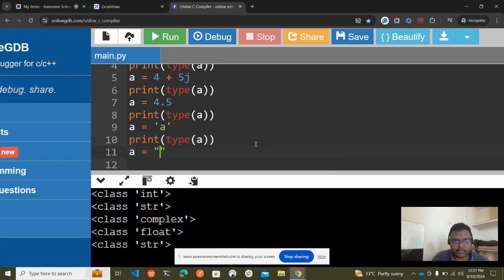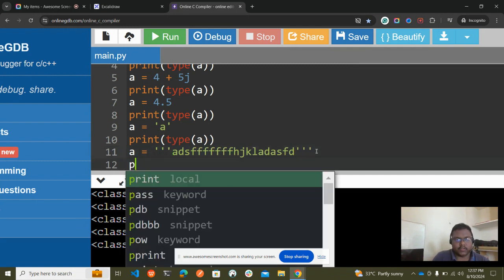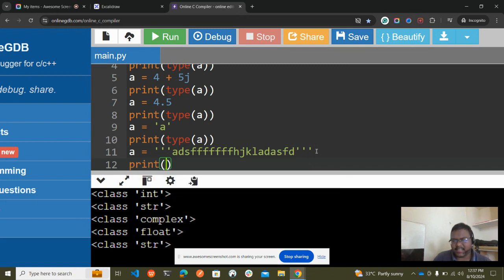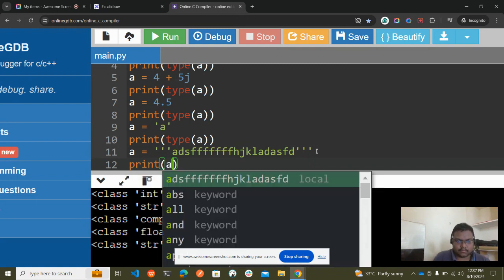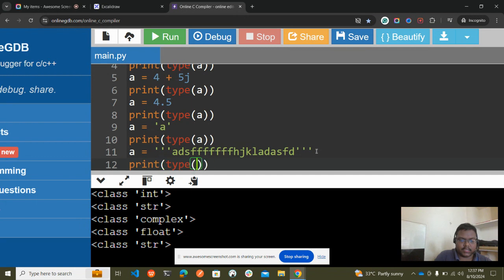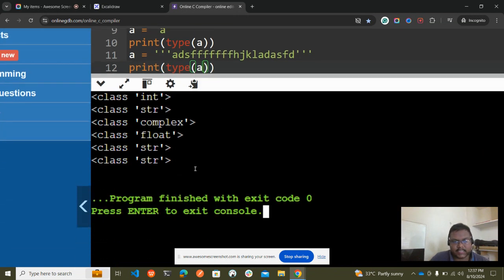A is equal to some text, and you press enter and write more text on another line, and then you print a and print type of a. You'll get it as a string.